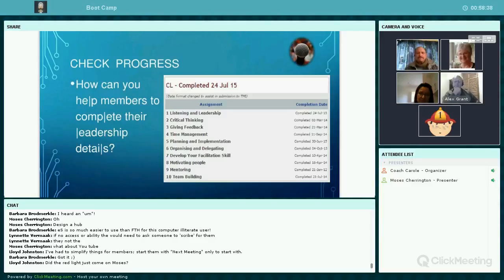This particular slide shows that Minnie herself has completed the CL, and it lists all of those projects and the dates on which they were completed. And how useful is that when she wants to send that to someone else on the committee to request the award for the CL from Toastmasters International?